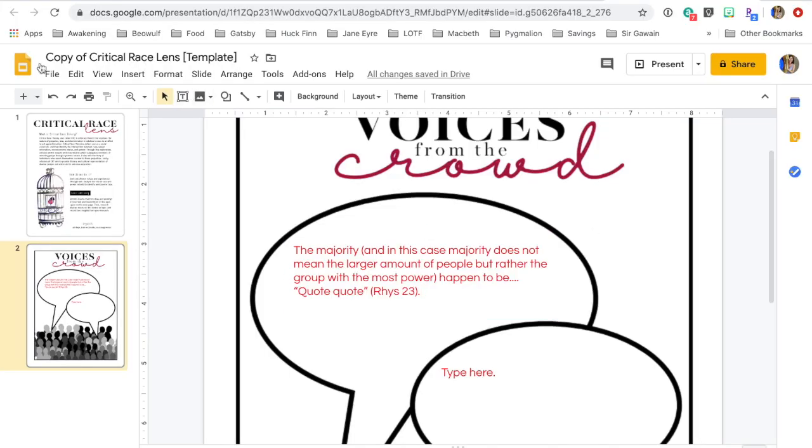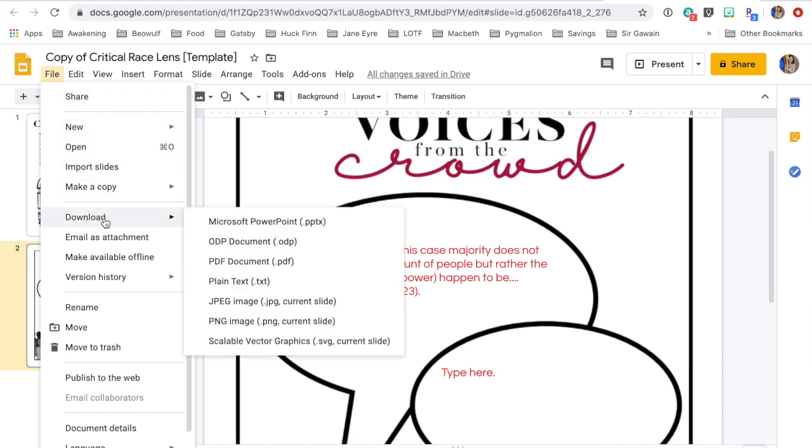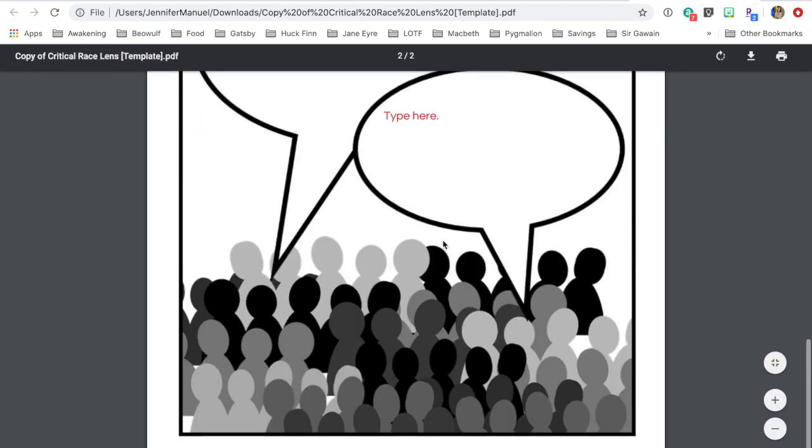Oh, sorry, one last thing. Once you've typed all of your responses, you'll want to export it and download it as a PDF. Again, download and export it as a PDF, and then submit your PDF to turnitin.com, okay? That was the other thing I remembered before this is over. And so that's it. It's due every Sunday. If you have any questions about it, just email me. Again, I'm going to have directions everywhere for you.